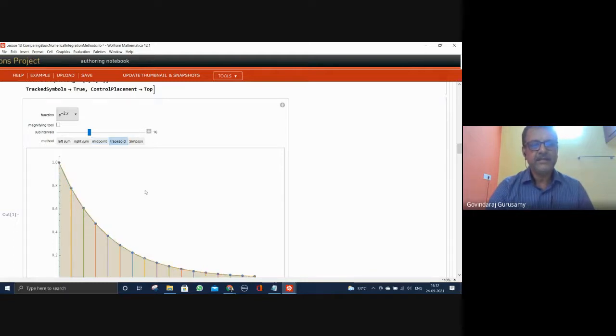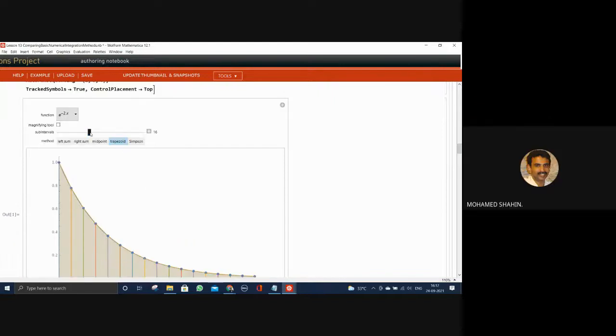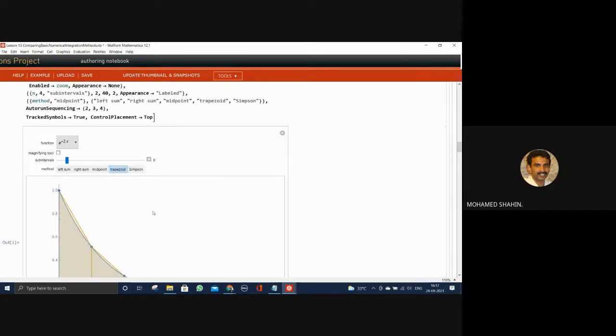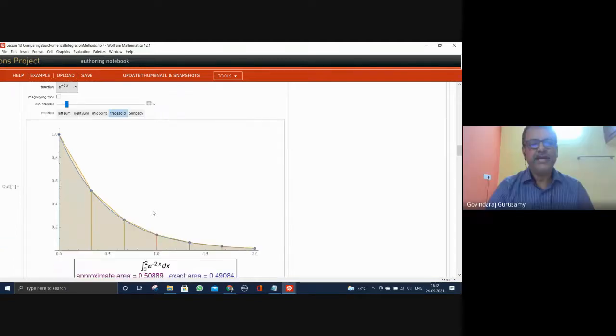Same thing in the trapezoidal method also. This is more error. So there are certain occasions where we have to use a higher degree polynomial or a smaller one. Again, it depends on the nature of the function that is there as an integrand. Sometimes the number of iterations required, the polynomial order, is very much higher. Suppose we use a method of, say, Hermite polynomial for integration, the number of steps will be enormously reduced.